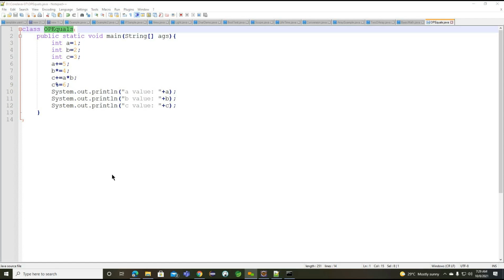If you observe carefully, we will identify what this section does internally. a = a + 5. Internally this conversion will happen whenever we write this line, a += 5. Now what is the a value we have? The a value is 1, and 1 plus 5 is 6. Now this a value will become 6.